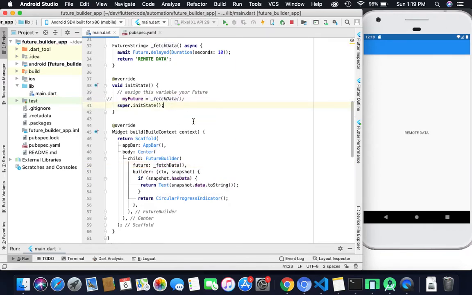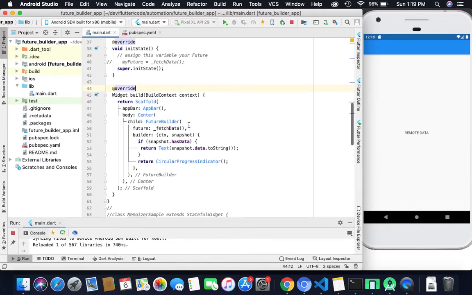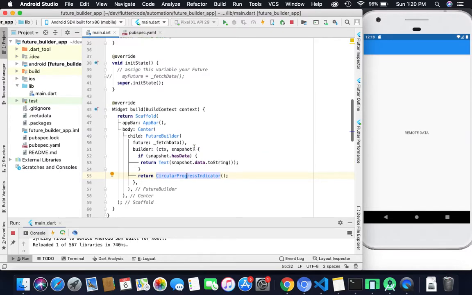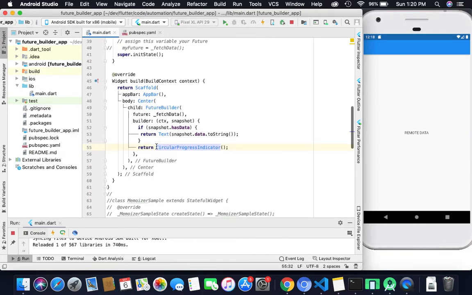So let's comment that. This is our normal FutureBuilder example, where we have the future and the builder. We check whether we have the data. If we have the data, we show it in our text; otherwise we show the circular progress indicator. This method will return our data after 10 seconds, so the circular progress indicator will appear for 10 seconds in the center of our screen.